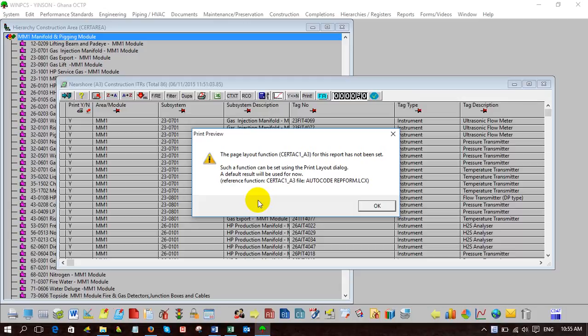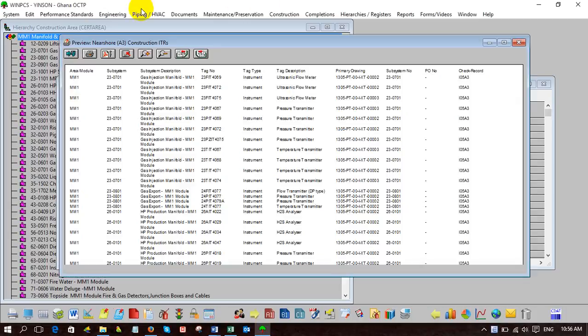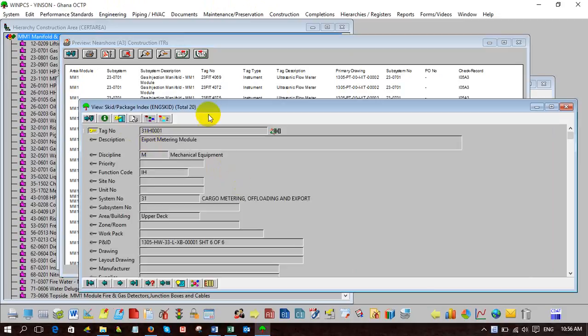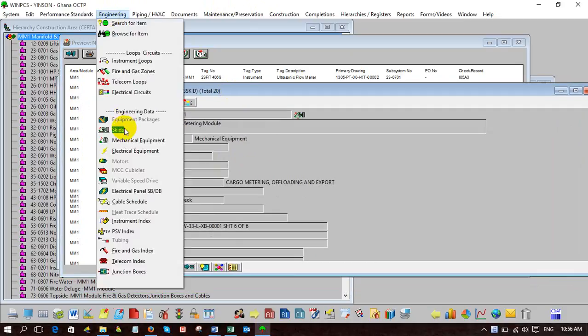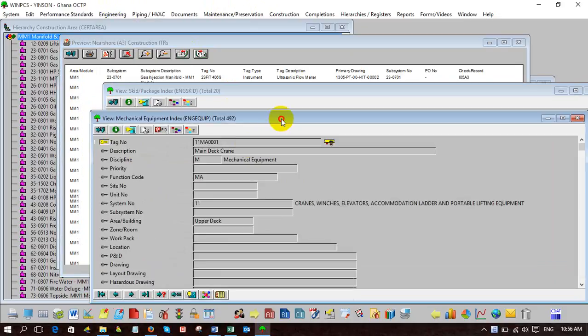Every table that you go, every table, okay. The table will sit on engineering here. Okay? For example, for you mechanical, mechanical got two places. One is skid and one is mechanical equipment. The skid, because big skid, inside got few equipment, few pumps. So it comes as a skid. Okay? Mechanical equipment like your crane, your pig launcher, your pig signaler, your pump, motor, will be inside.